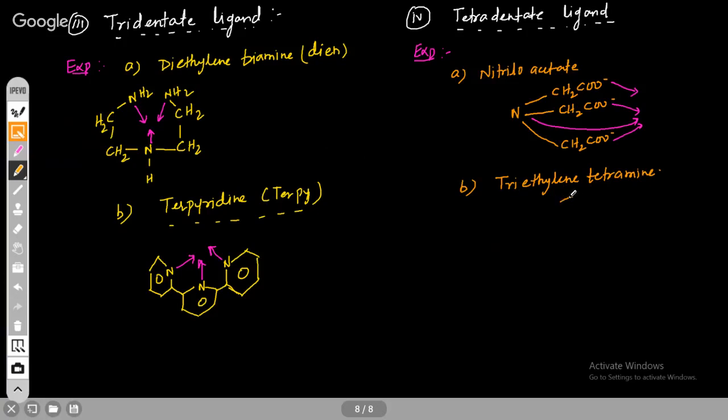Okay, the symbol is TRIEN. There's no symbol for this one, nitriloacetate. This one is not important. Okay, the structure you see,